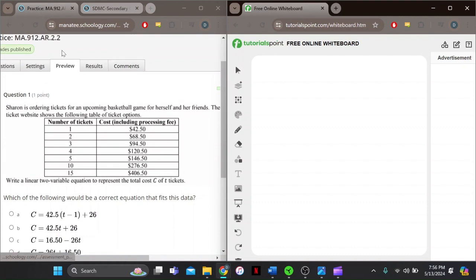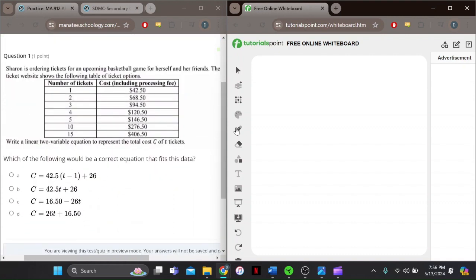All right, so this is AR 2.2, question 1. Sharon is ordering tickets for an upcoming basketball game for herself and her friends. The ticket website shows the following table of ticket options. So there's a few different ways you can go about solving this one. I could just plug in numbers. I see that this is t, so I could just plug in 1 for all of these and I'd get